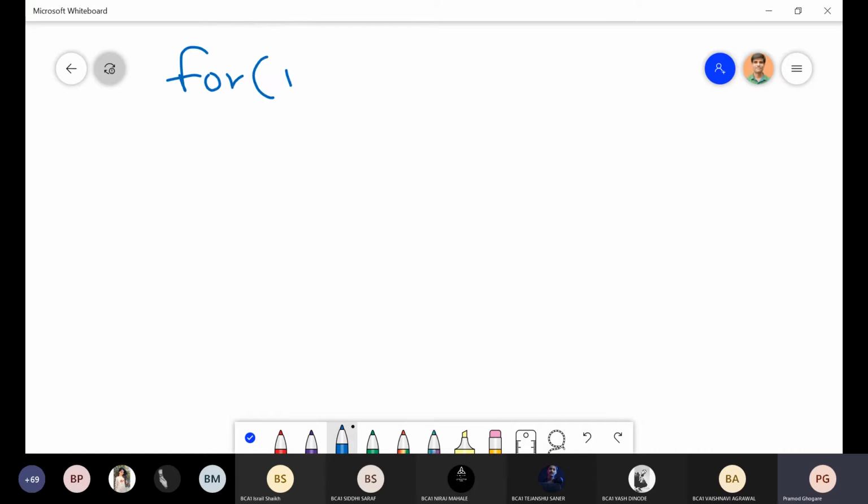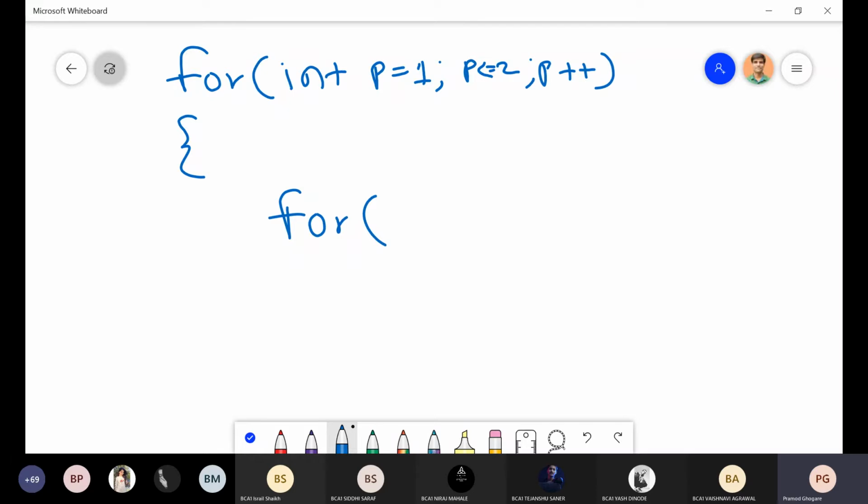For int p is equal to 1, p less than or equal to 2, p plus plus. For, this is an important part. Okay, q is equal to 1. I will write in a different color.